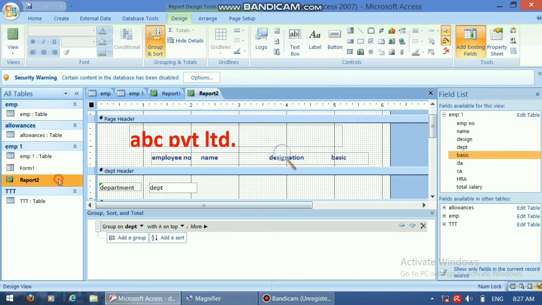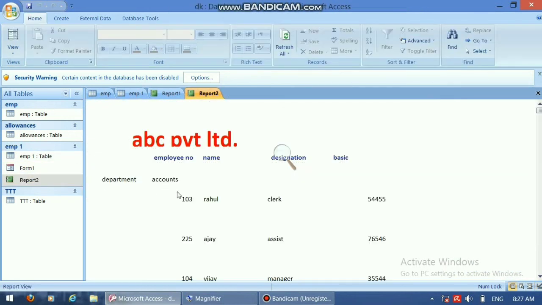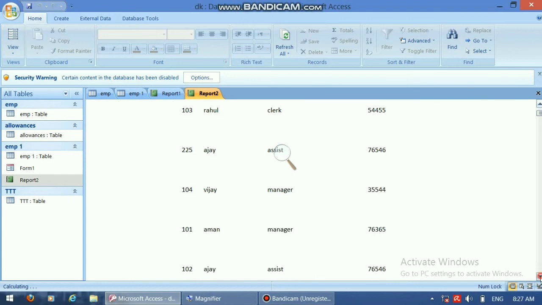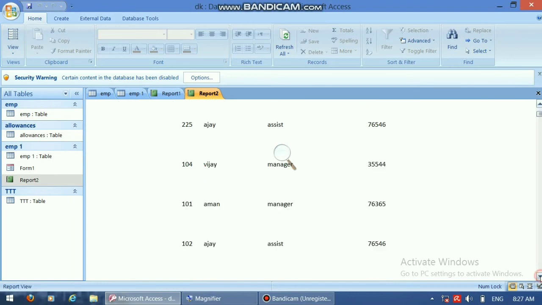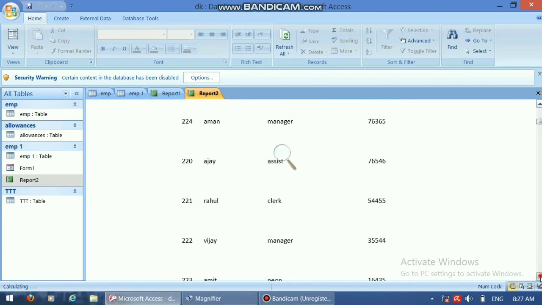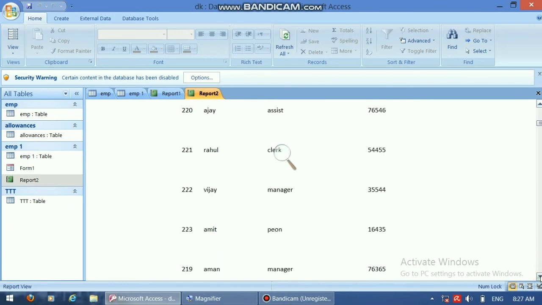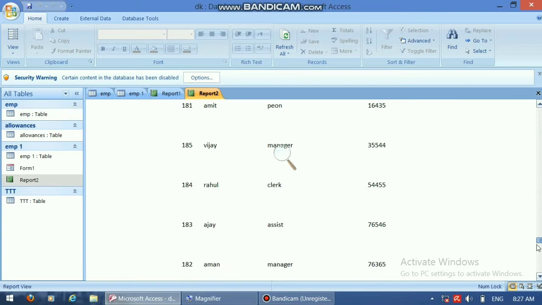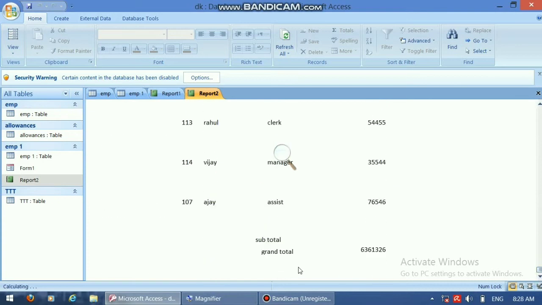This is your report: department accounts, and you have the accounts department employees, the list of the accounts department, and then the subtotal of basic salary. This is the subtotal, and in the report footer you have the grand total also. Okay, so this was your report department wise.